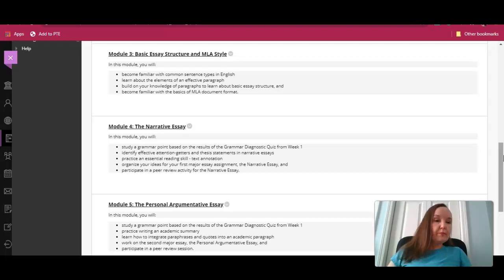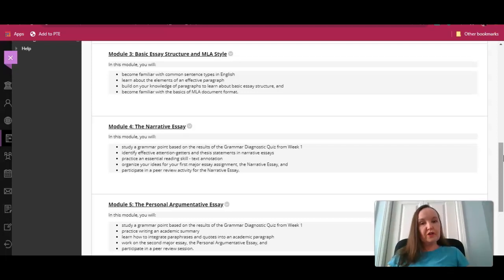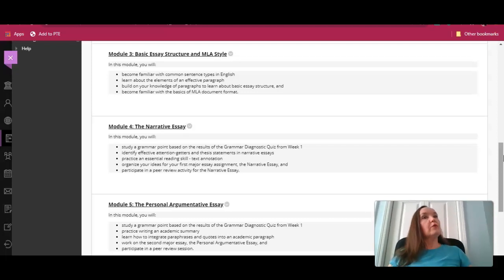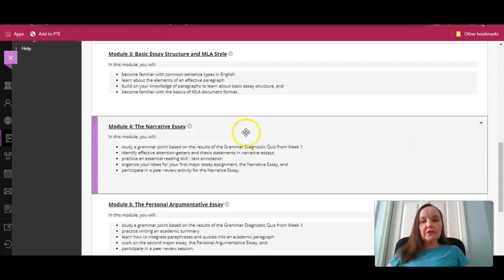We're only going to work in part of Module 4 this week. This module will last us a few weeks because it's your first major essay, the narrative essay. But this week we'll still do a few more smaller activities, and that will get us ready to write the first draft of your essay. So going into Module 4,